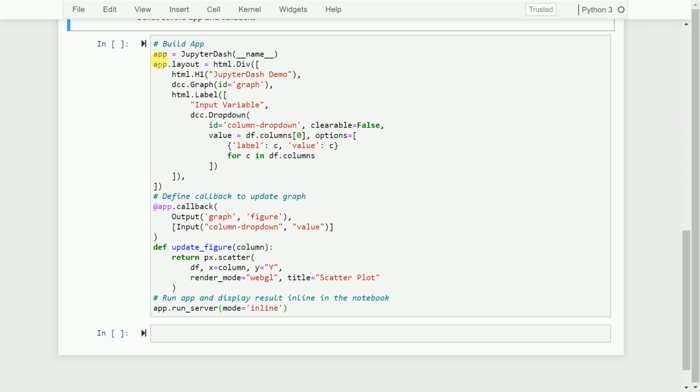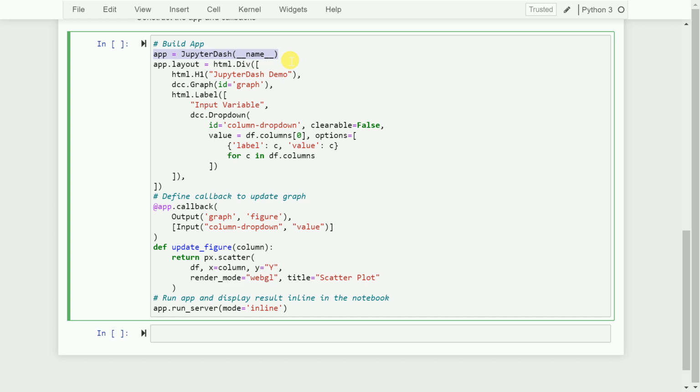The first step is to create an instance of the Jupyter Dash application and save it into a variable called app. Moving on to the next part, since the application is nothing else but a dynamic page that has to be rendered, it's something that you'll have to code on the lines of HTML. So for the application, I'll pass in some variables for the layout in terms of creating a structure for that web application. As you can clearly see in this line, that is html.H1, I'm passing in the header for this web application, which is Jupyter-demo.